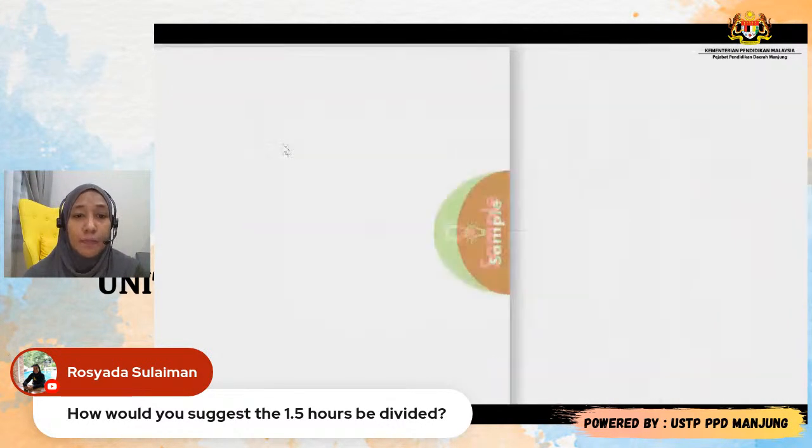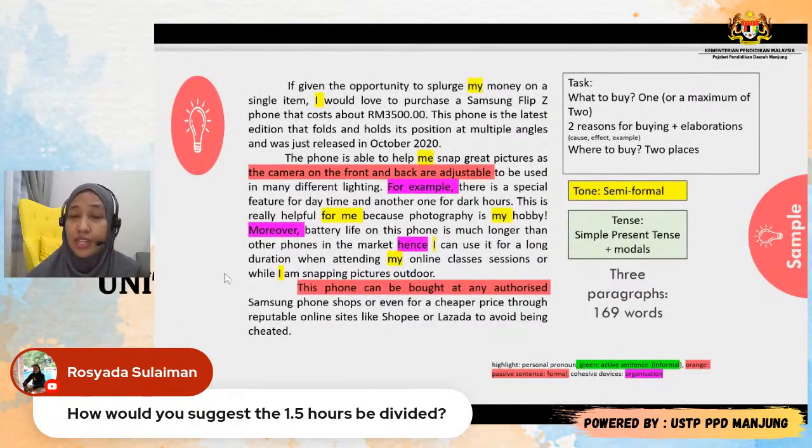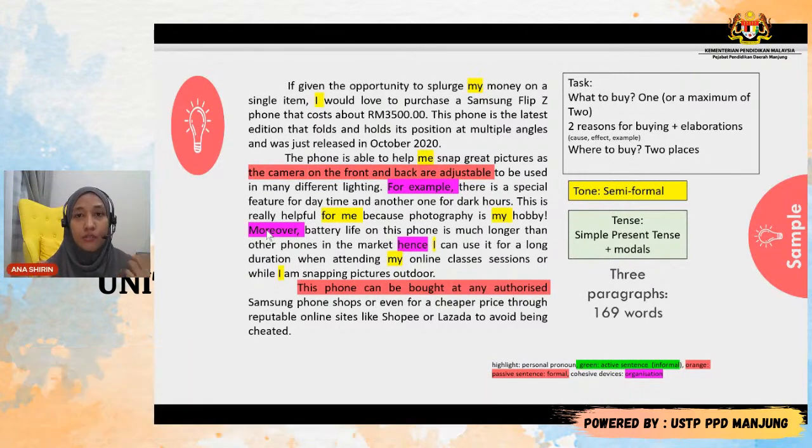The only past tense that I use in this whole text is only for was just released, because this is truly something that has happened in the past. But the other parts of it, I am able to just use a simple present tense. I don't really have continuous, past perfect, present perfect, not really. I just use simple present tense to show to you that you can write it using a simple present tense and establish a good